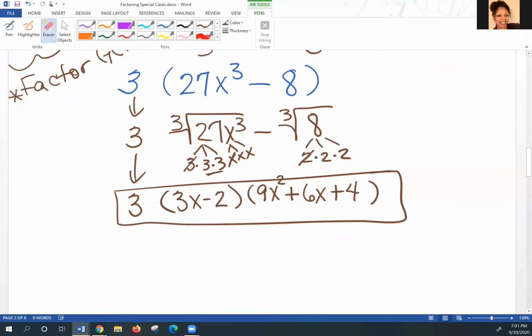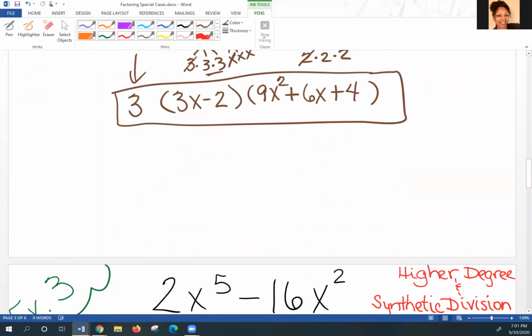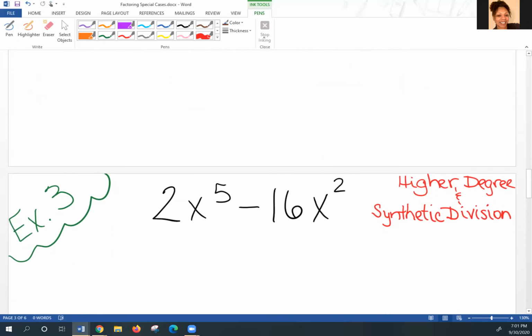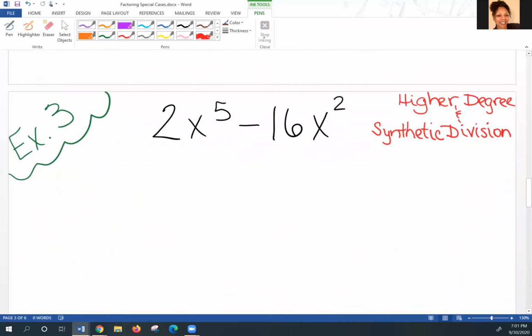Let's make sure we can see that squared here. Here we go. All right, so the next one, example 3, we're going to move on to a higher degree polynomial. You'll notice it's no longer visibly the sum or difference of two cubes, but it doesn't mean that it can't be once you start simplifying. So that's what we're going to do. We're going to first factor out